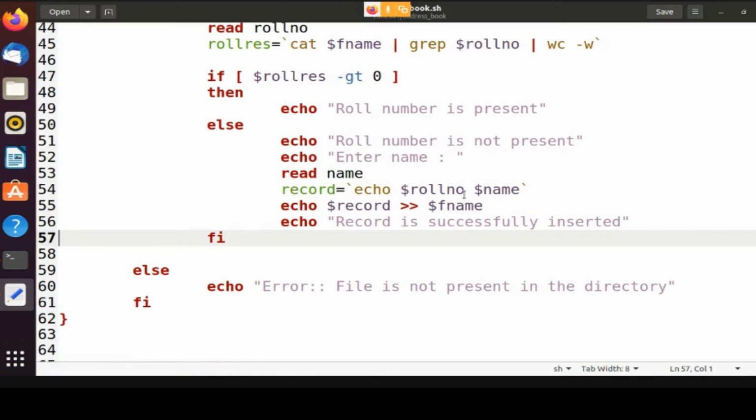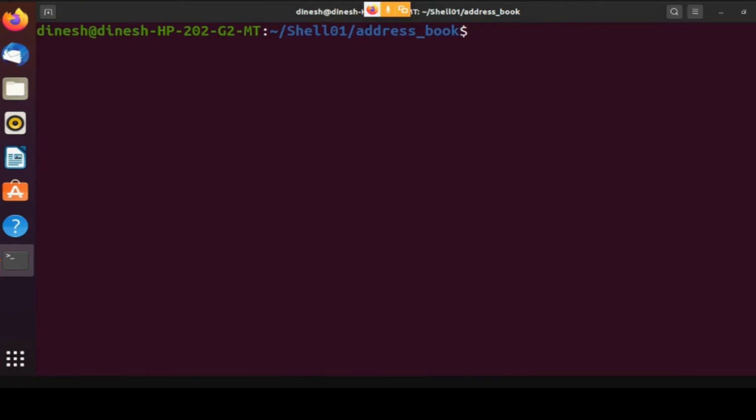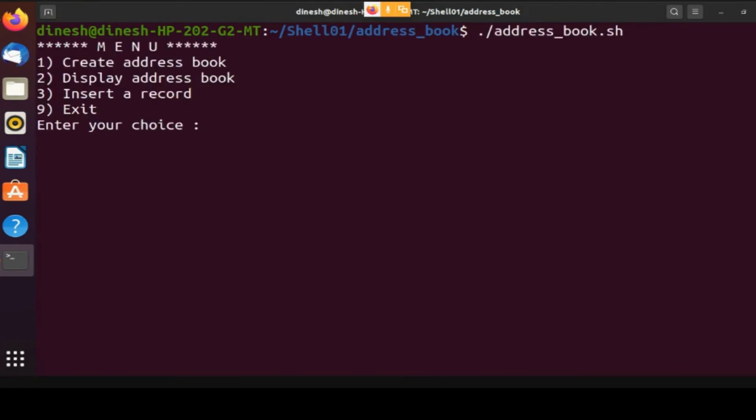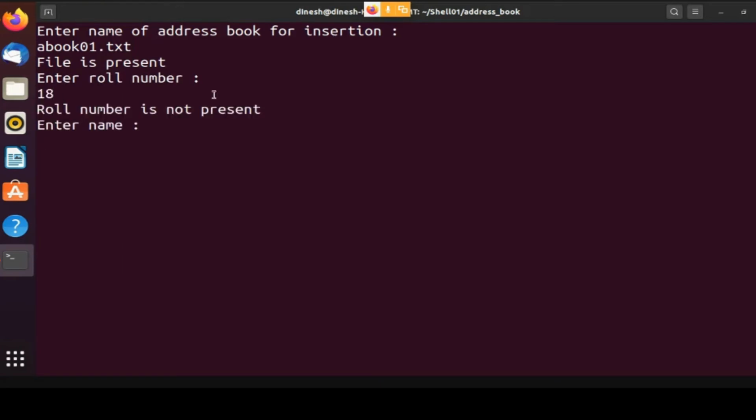Let us try it out if it works or not. I'll go to direct insert, abook01.txt. Enter roll number. I'll use 18. Roll number is not present, and enter name. Give me some name, let's say Sachin.